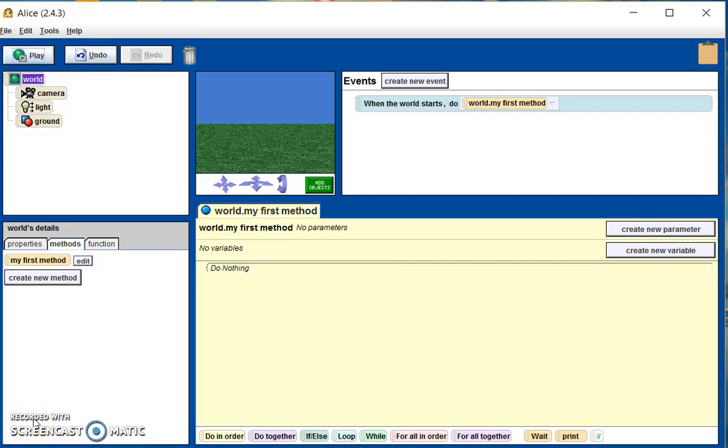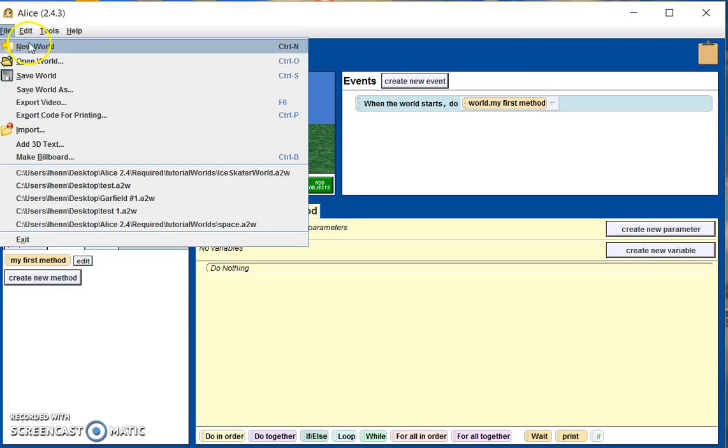Welcome to Alice. This is the home screen. What I'm going to do for you today is walk you through a tutorial so you can understand how we set up our worlds. So we want to go ahead and go into File, and we want to create a